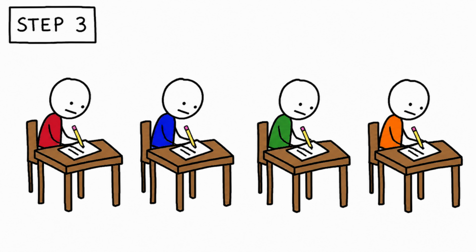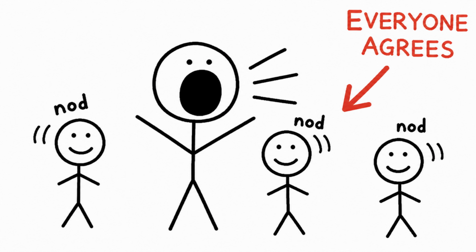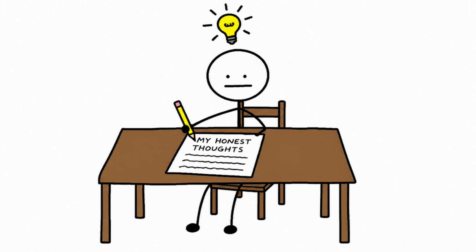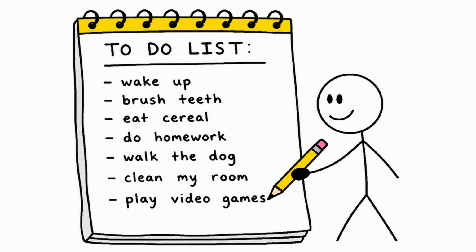Step 3. Give everyone a few minutes to write down, individually and silently, every reason they can think of for why it failed. Silence and individual writing matter here, because group discussion too early can lead people to just agree with the loudest voice in the room. You want raw, honest, independent thinking first. Step 4. Go around the room and have everyone share their reasons, one at a time. Write all of them down, no matter how small or strange they seem.